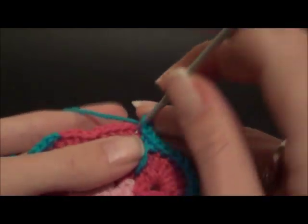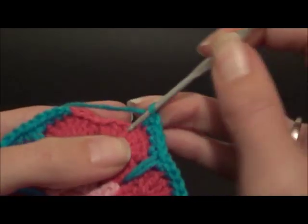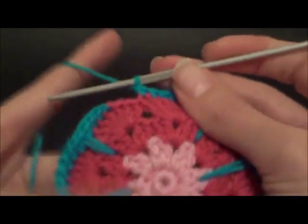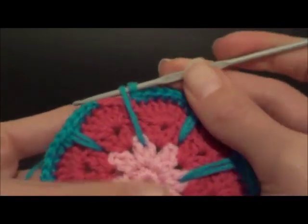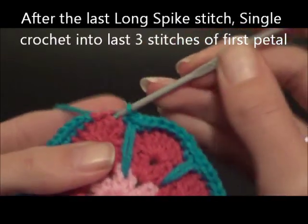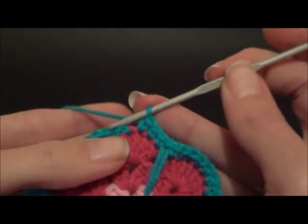One, 2, 7 single crochets over the top of the petal. 4, 5, 6, 7, and the last one is a long spike stitch. We single crochet into the last 3 stitches. 1, 2, 3, and we finish off by